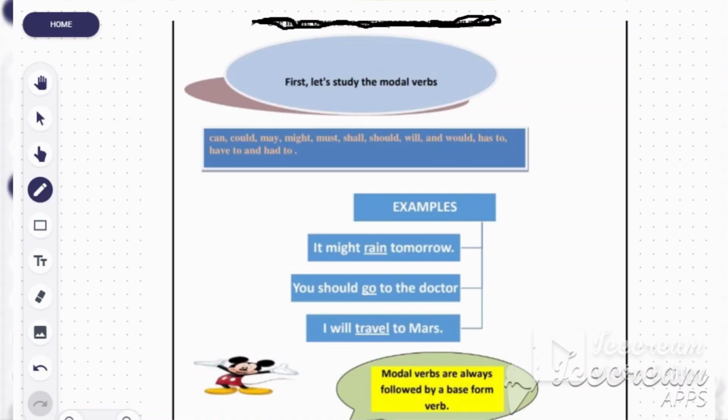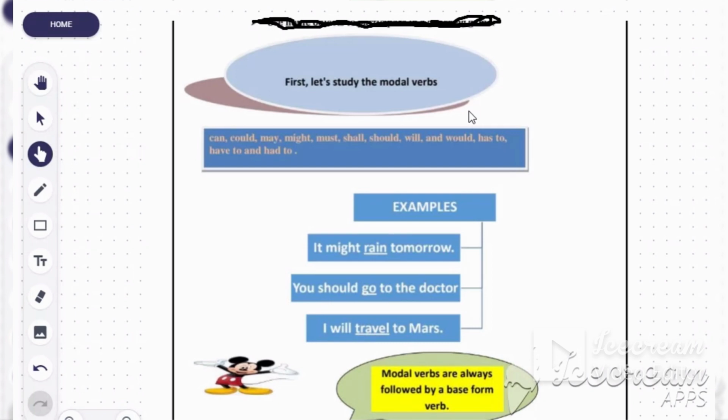Now we will start our grammar lesson. Our grammar lesson is about modal verbs. First, we will know what the modal verbs are. The modal verbs are verbs, we call them أفعال ناقصة or أفعال مساعدة. Okay? They help us to get the meaning and they have more than one meaning. يعني أغلب الكلمات فيها تستخدم لأكثر من استخدام وتعطينا أحيانا أكثر من معنى. أوكي؟ عشان هيك سميناها modal verbs.